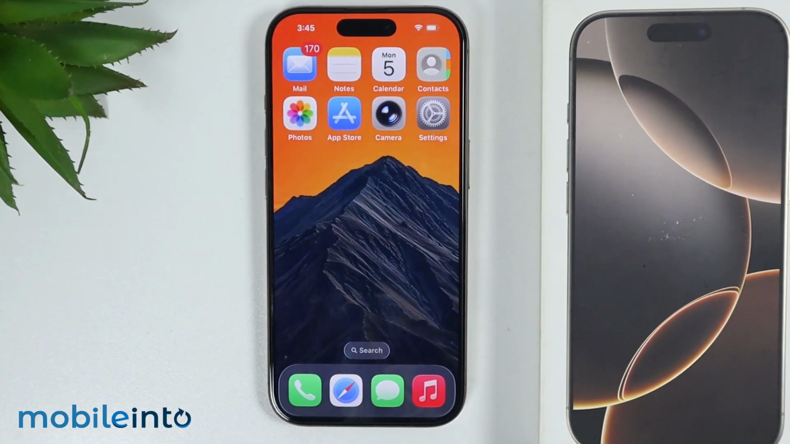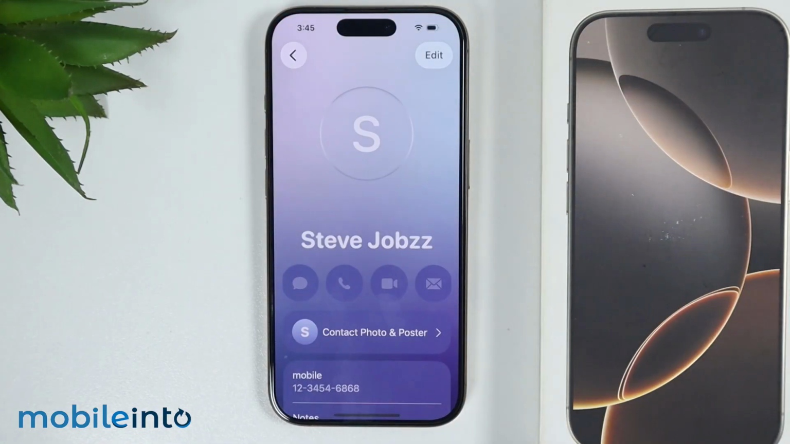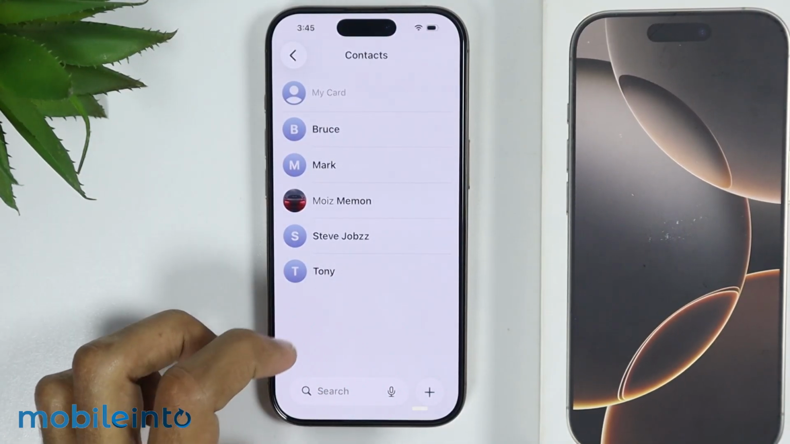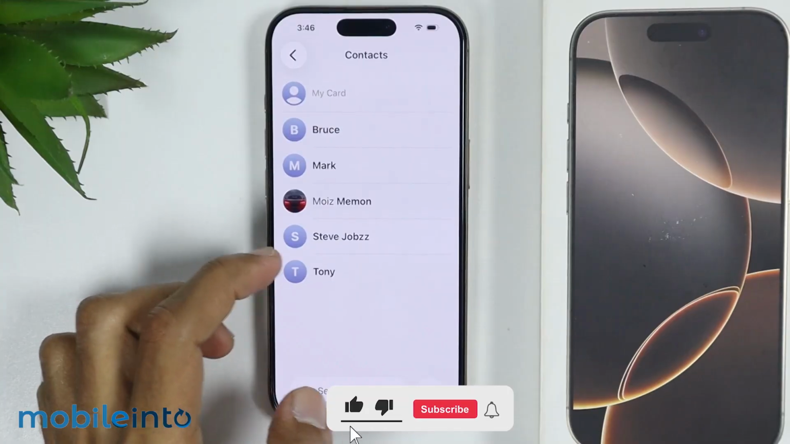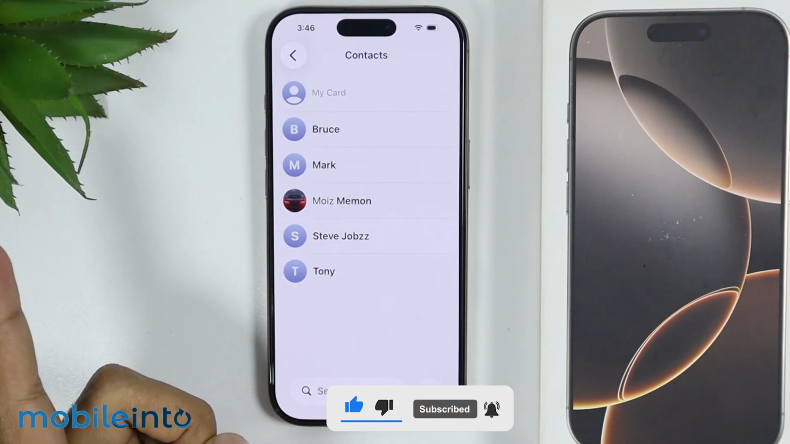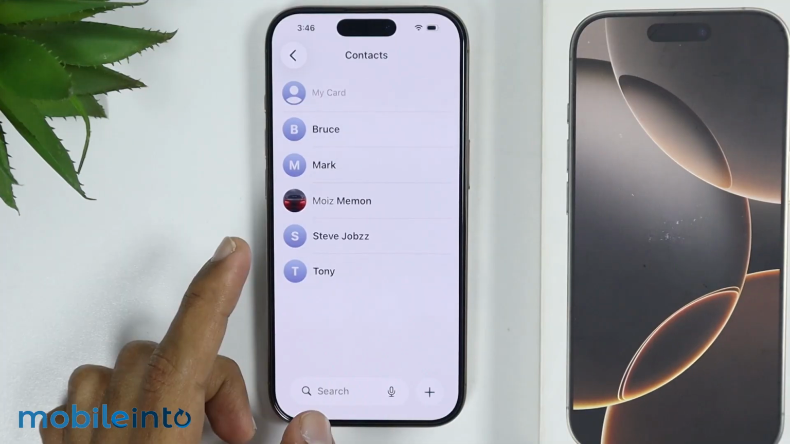If you're wondering how you can import your Google contacts to your iPhone 16, 16 Pro, Pro Max, and the Plus, in this video I will show you how you can do that. Now, as you can see, these are all the contacts on my iPhone. But if you want to import all the contacts from your Google account down to your iPhone, then just follow